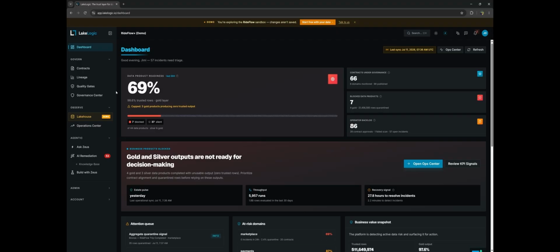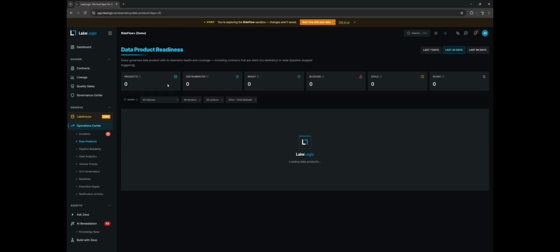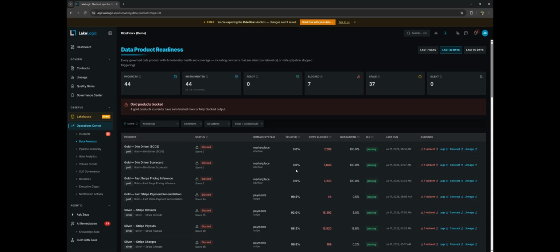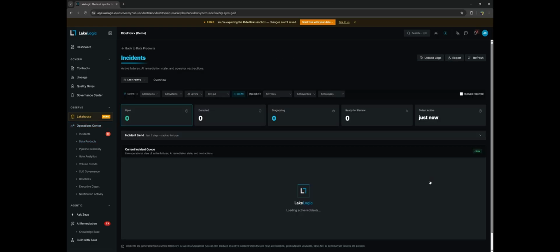So in this hypothetical scenario, you can say I've only got 69% data readiness within my lakehouse. If I go and have a look and see what's going on there, I can see I've had some incidents which have occurred, which are causing my errors to start to increase. Whenever there's data issues, those rows get blocked so they don't pollute the data that's already there and accurate. But I can go in there and start to look at what's going on. So if I look over here,